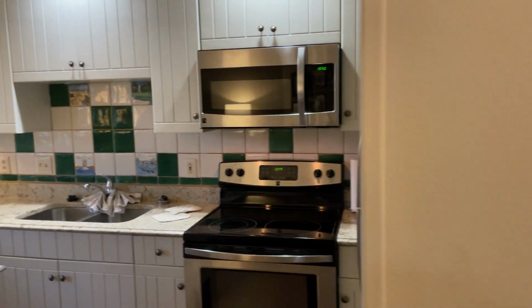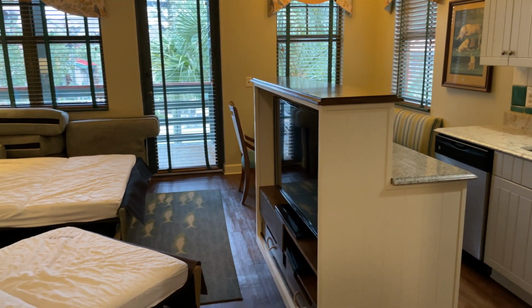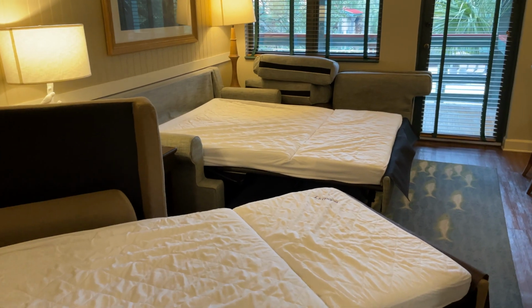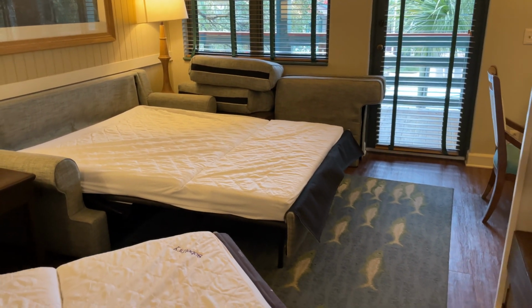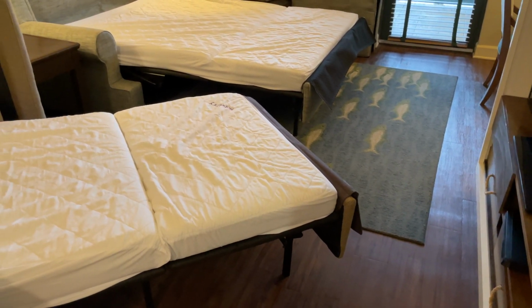And Alyssa has pulled out the beds in here for us so we can see the twin size bed from the chair and then the queen size bed from the couch. When you pull those out, you do lose a lot of your space here in the living room. It gets just a little bit tighter, especially in this area right here by the twin size bed,